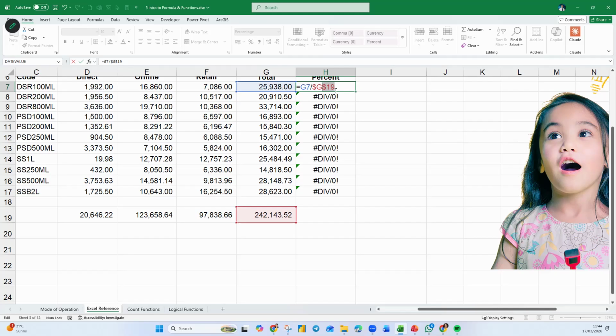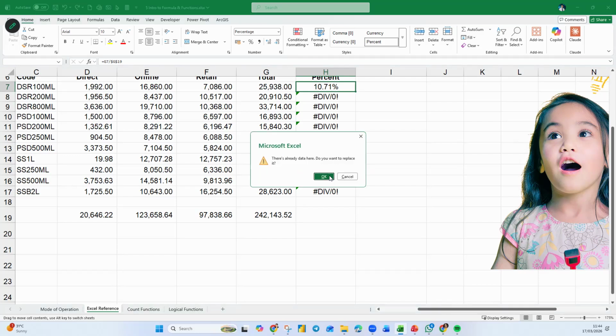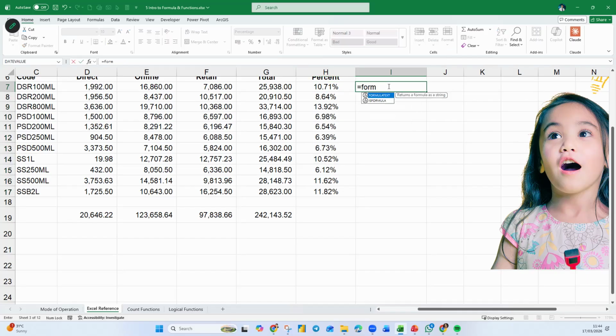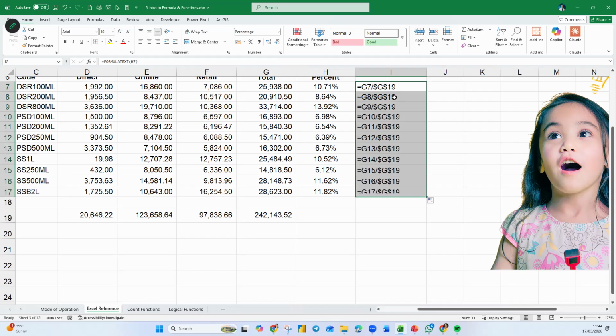If you want that reference to stay, all you need to do is just give them the money, and they will stay on. Take a look. I just copy this one down. Let me show you the formula. See the G19? Because the G19 received the money, it will stay. The G7 didn't receive money, so it keeps on moving.